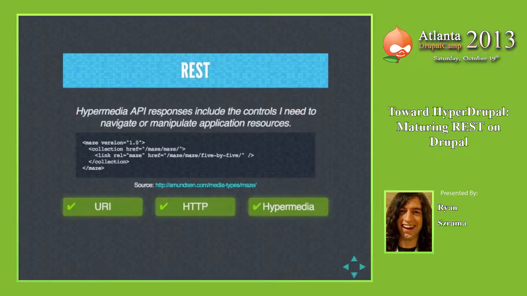So I'd send a GET request to /products. And maybe in that response, I'd see the first 10, and it would tell me, if you want to see the next 10, do a GET to this URI. Or maybe it would say, if you want to filter by category, then use this query parameter. That kind of thing can happen in your API response.